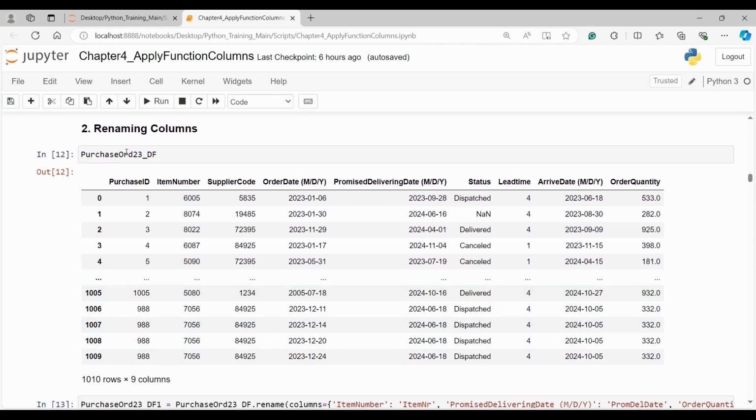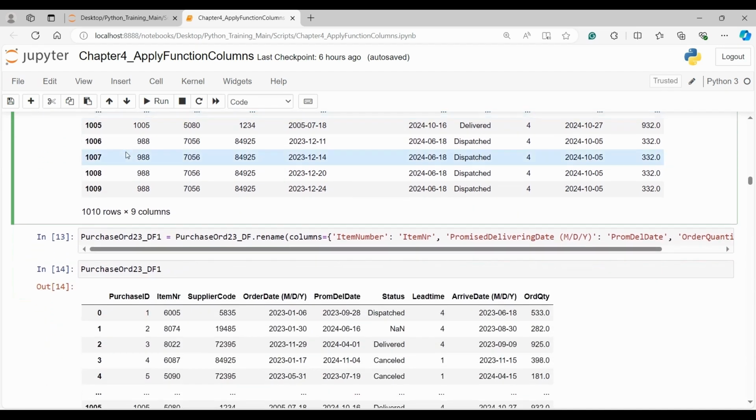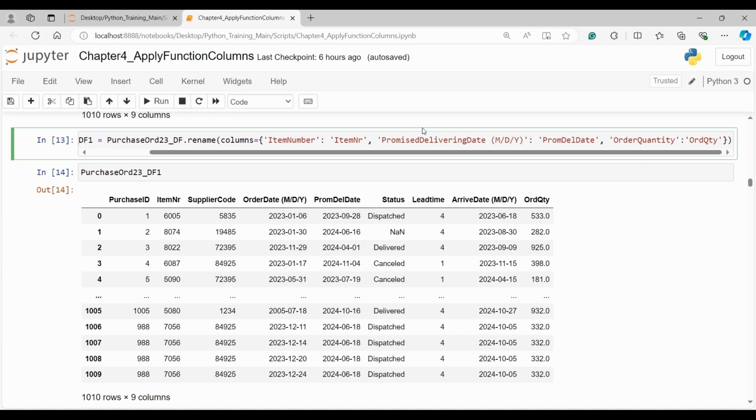In this example, I can say purchase order lines 2023, that shows the purchase information for year 2023, and I want to rename some columns in this data frame. For example, I want to rename item number to item NR, promise delivery date to prompt del date, and order quantity to ord quantity. So here I write the name of the data frame dot rename, and here I want to